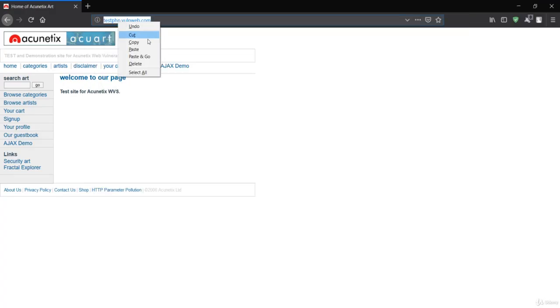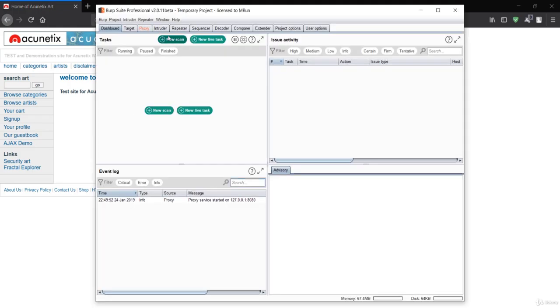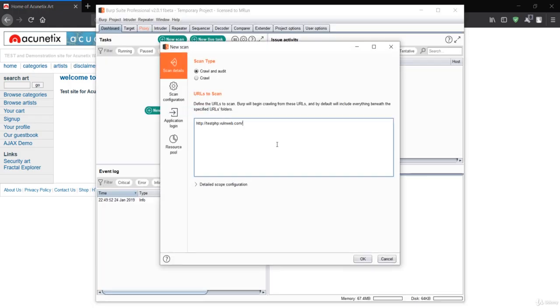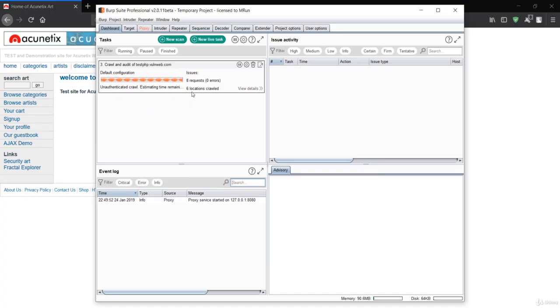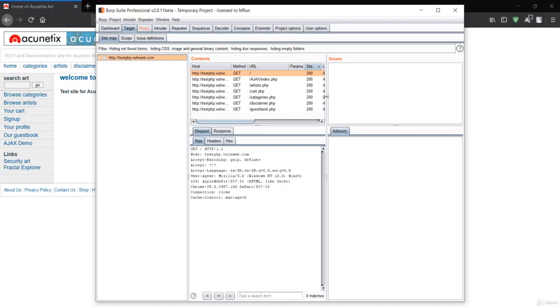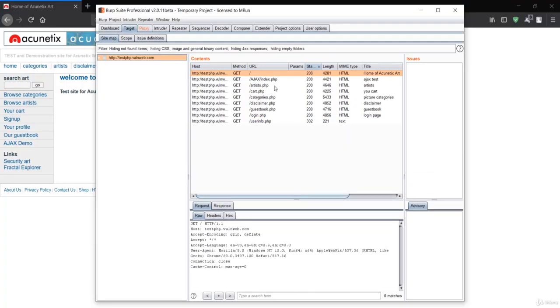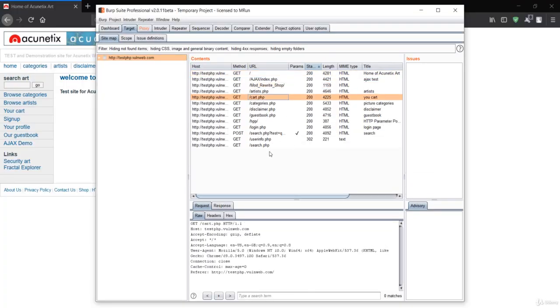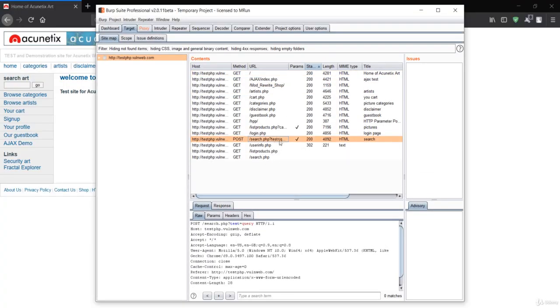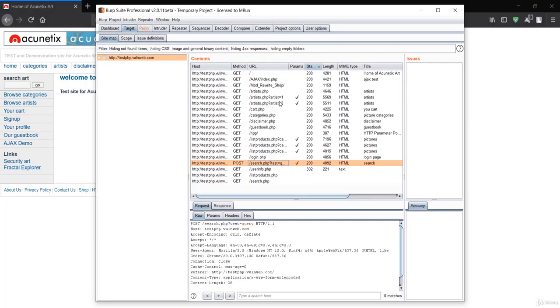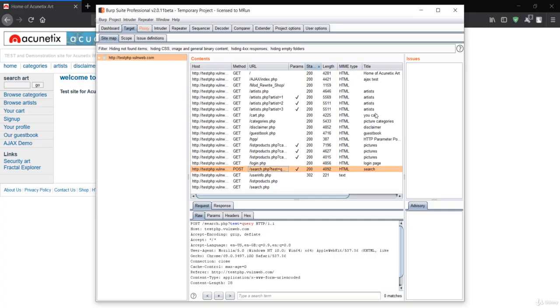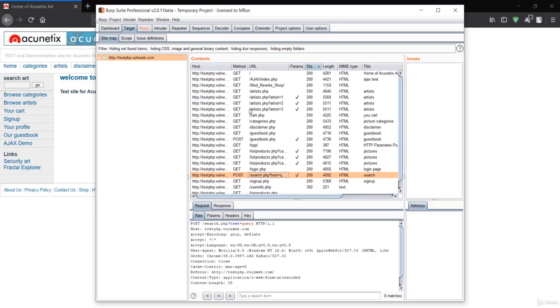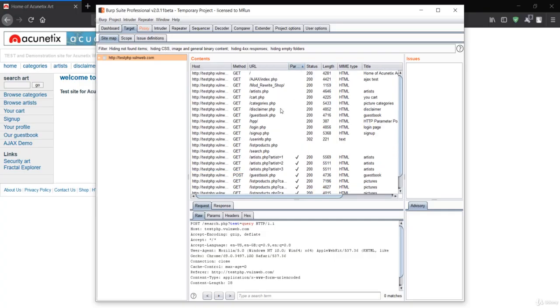Let me first copy this link because we need to crawl that. I'll start a new scan. Let me press OK and it will start crawling that page. Let me go to the target here and you will see this is the page. You'll see a bunch of logins and we get the parameters here. We have the test parameter where you can simply put some values. Let me wait for a moment to see if we can get some of the parameters.